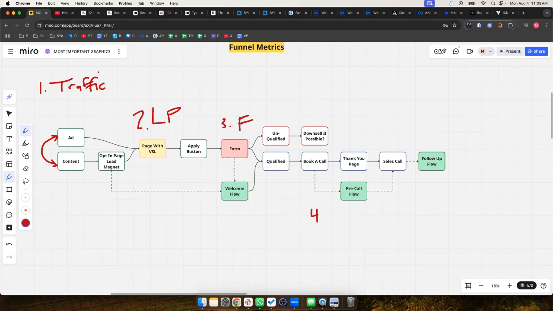The next thing would be you are not booking enough calls. They've submitted your form, but for whatever reason, they're just not booking enough calls. Usually it's because they're lukewarm interested, and you can fix that with more information and more social proof. The next one is the show rate, SR. You improve that with your pre-call flow and your thank you page and your retargeting ads and all that kind of stuff. And the final one is obviously the sales call. That is kind of beyond the scope of this video or training. I can do a complete one on sales in itself, and maybe I'll do that.